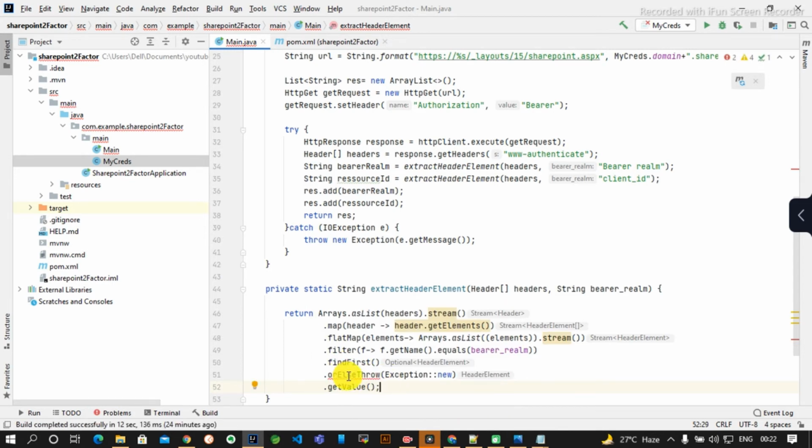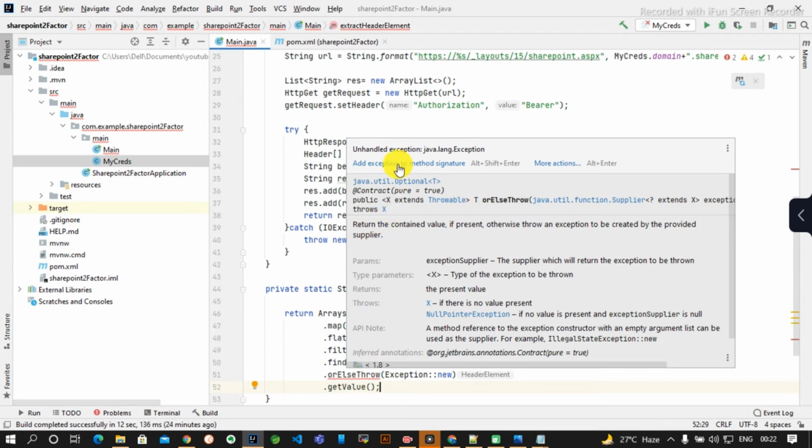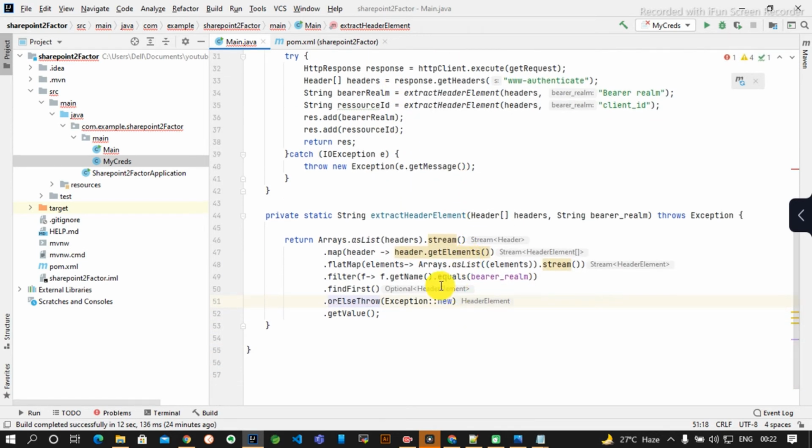So basically it must be saying to add the throws to the method signature, we will throw it. What we are doing is getting the headers and getting the property ID, so that we can extract the value. I am looping through it. I am using Java 8 stream and all those things. Here you can see I am doing a map, then I am getting the elements.